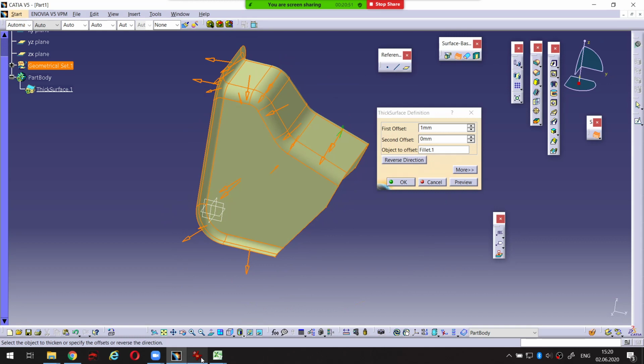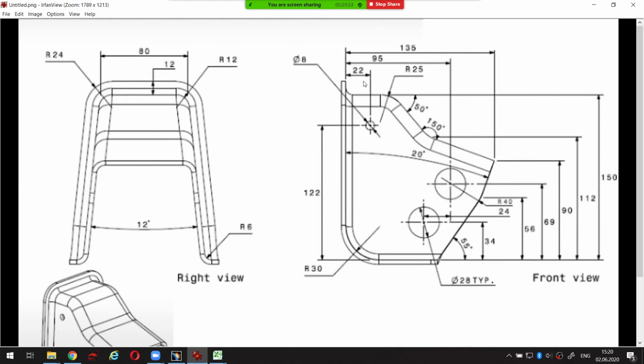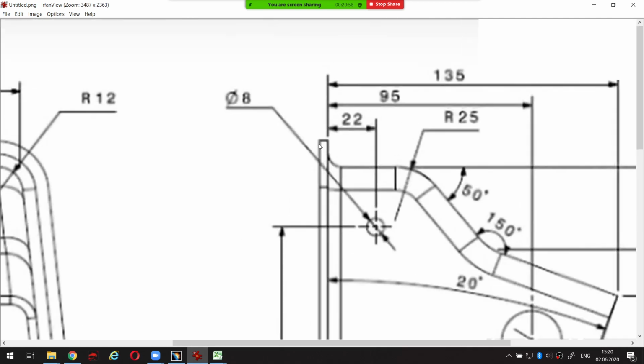And what about the thickness? As you can see here, there is no information about thickness. I didn't find it. But if we look at this side, we know that this fillet's radius is 6. That means that the distance between these two lines is 6. And if we consider that this distance is 6 millimeters, this distance probably can be 3 millimeters. It is half of this. Probably it is okay. It should be, but